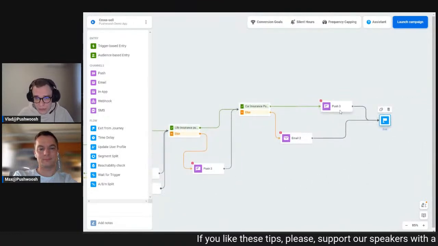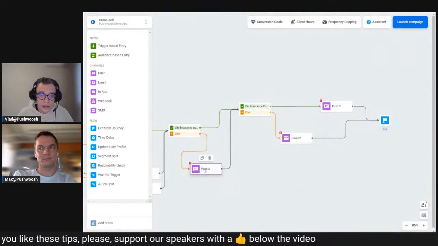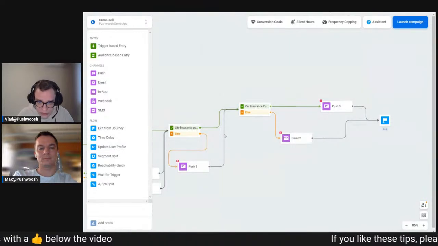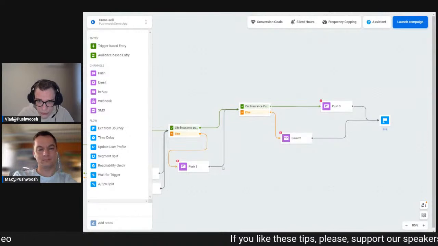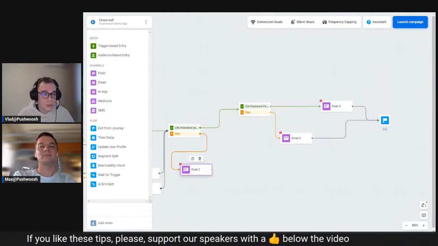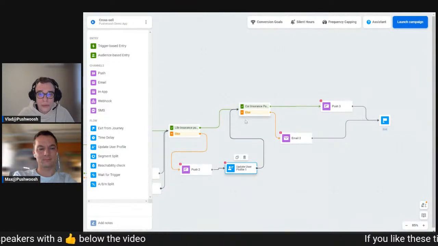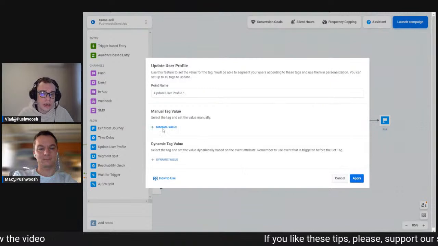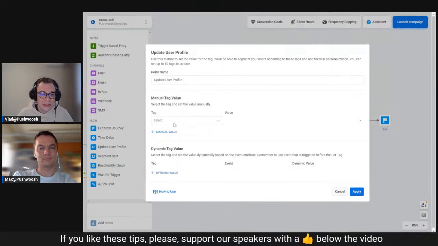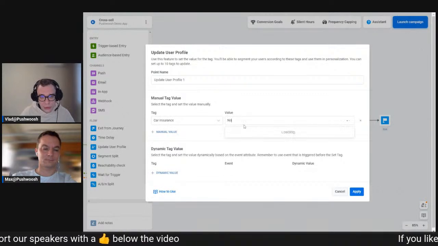So let's say some of our users haven't purchased life insurance, and we can create a segment out of those users using one of the blocks that we have inside Customer Journey Builder. And where is this delete button here? Can find it. Here it is. Great. So we can add this update user profile block here, connected with the push notification. And right here inside the update user profile block, we can choose the tag and the value of the tag, I mean, let's say we have this car insurance tag and the value is going to be not purchased.